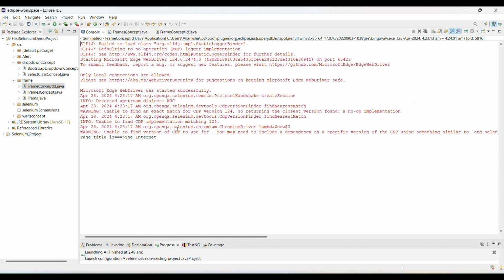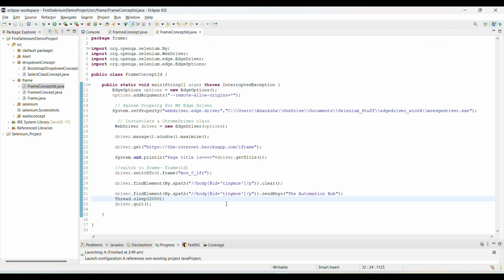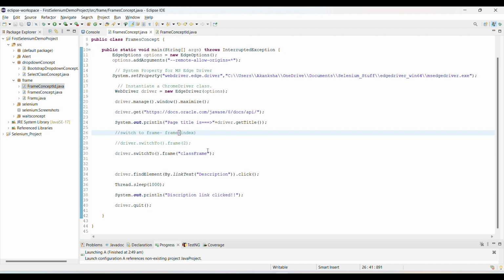So this is the way to handle frames in Selenium. So we used, right guys, frame id, we can use to switch to frame. Then another two options I used here. Frame index we can use to switch to frame, and frame name, sorry, we can use if you want to switch to frame.